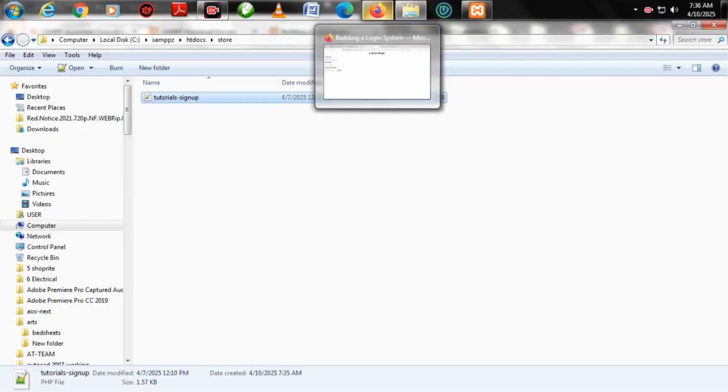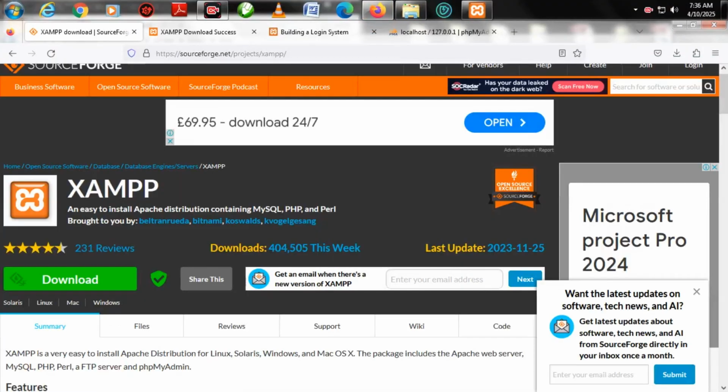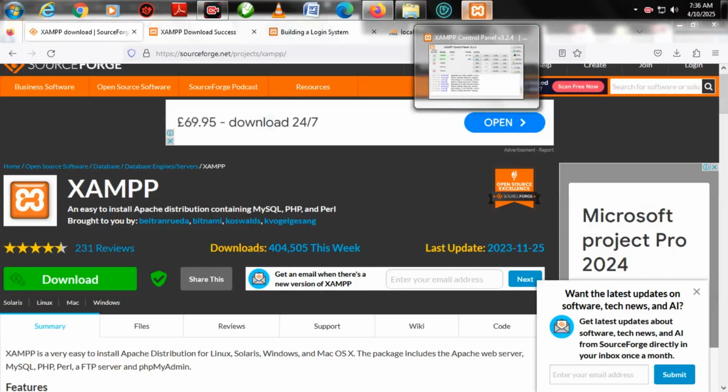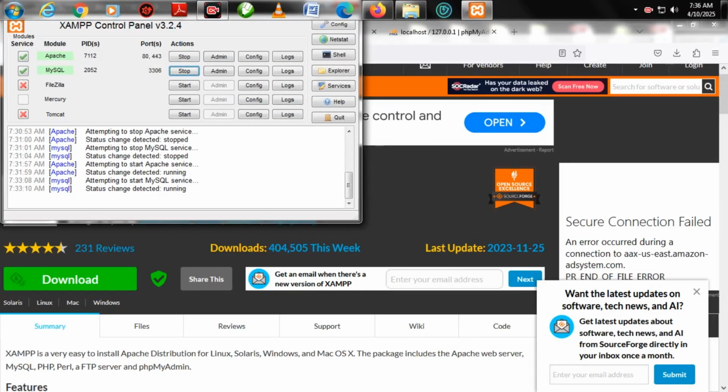So I hope this helps you guys understand how you can quickly download XAMPP from the official website, install XAMPP, and also use the control panel to turn on and turn off the Apache and MySQL features. It's easy to install and get your system running XAMPP. This way, you can actually make server-side protocols and programs and test them out before you go onto your remote